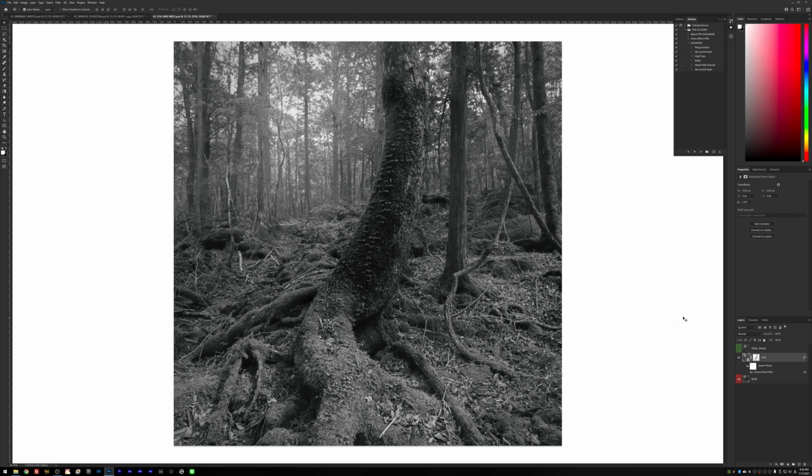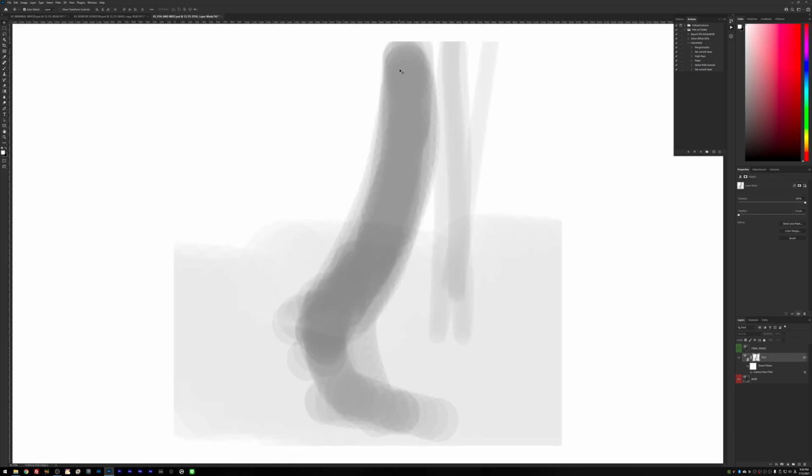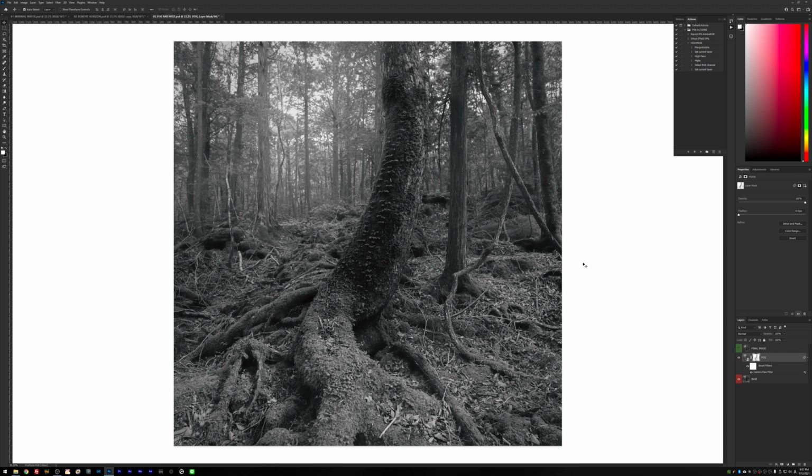and it makes this tree really stand out. The only thing that I did differently here is that I added a layer mask here, in which I masked out a little bit of that fog on my main subject here, so it stands out a little bit more, and just a slight pass of that black brush here on the foreground, because as you know, the fog is not the same in all directions and in all positions, so I wanted to recreate a kind of realistic effect where the fog is a little bit thicker here on the background,